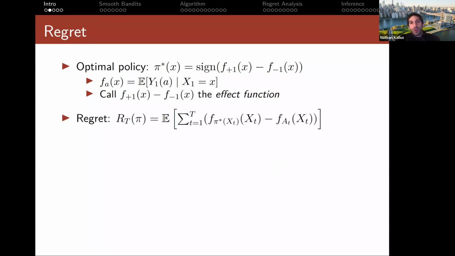And then we're going to compare ourselves to this optimal policy, and we're going to say that our regret when we follow policy pi up to horizon capital T is going to be the expected cumulative rewards that we collect using our adaptive policy that at time t pulled arm A_t versus the cumulative rewards that the optimal policy pi star chose. And notice that the optimal policy doesn't care about the historical data because it already knows P. So it's only going to care about the current context,